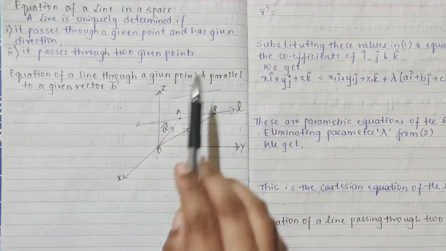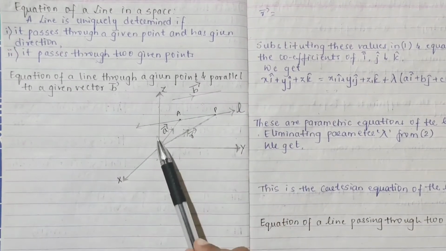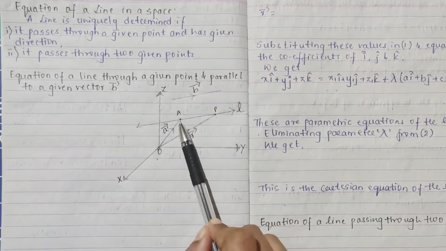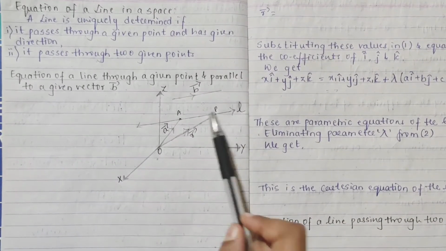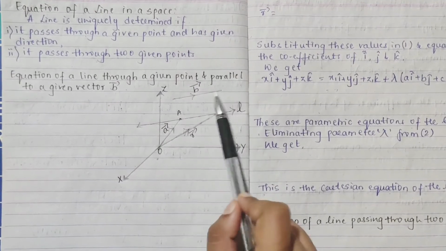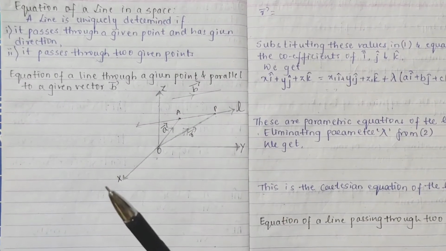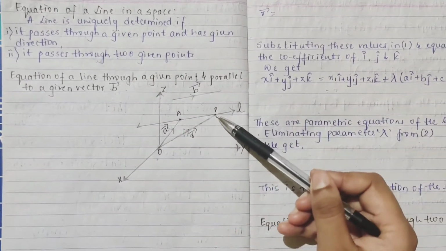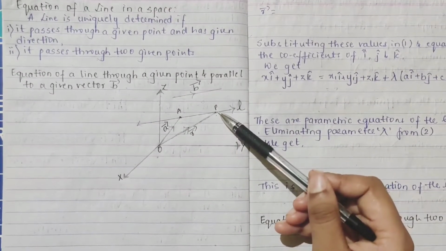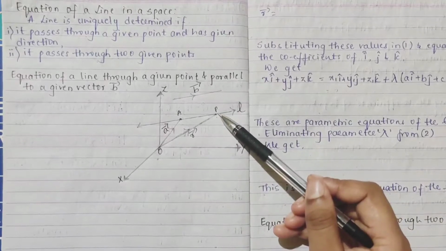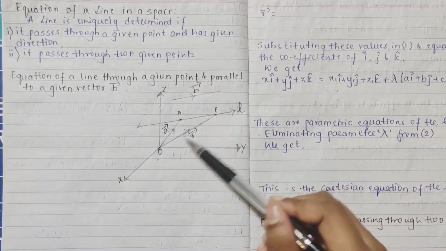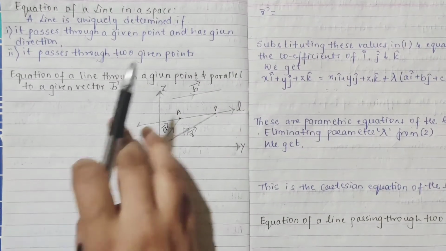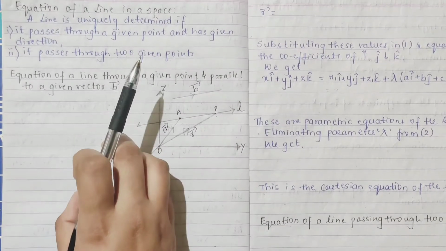Okay, so this is your diagram, equation of a line through a given point and parallel to the vector b. See what they have said, we have done that. Now you have to find the equation of this line which is passing through the point A which they had given, and even the direction, vector b. This also direction they had given. To that we have taken one more arbitrary point, and its position vector we have taken. This is everything you have to write. I'll not write, but I'll show you what all you have to write.